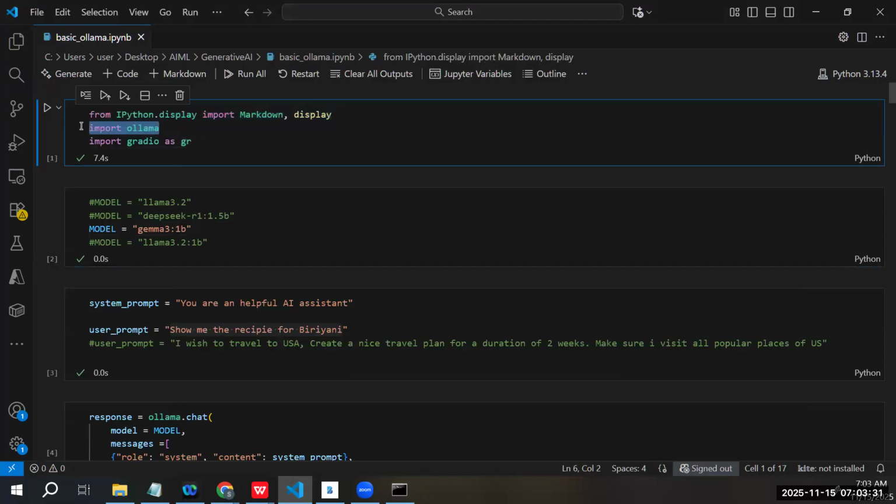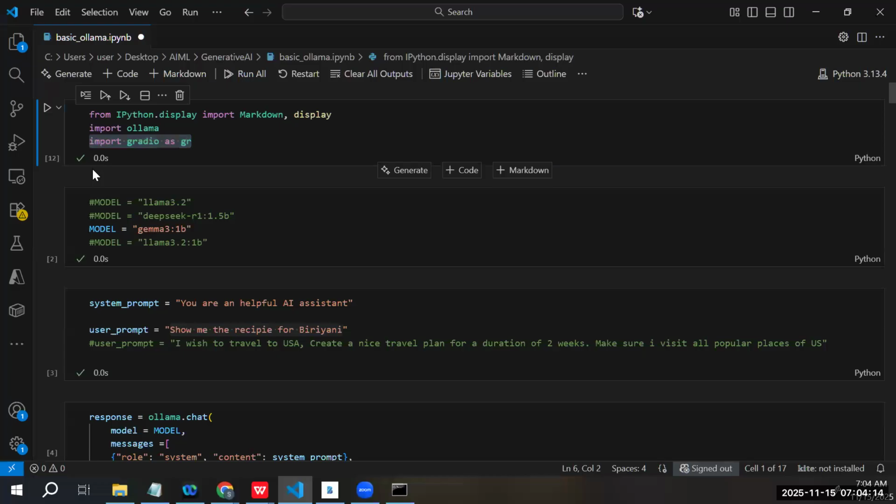I use the Ollama library for loading the model and invoking the model. We also use Ollama's chat function for actually calling the model. I'll show you that code, but that is used for Ollama. And there is another interesting library for creating a small UI. That library is called Gradio. And I can say import Gradio as GR. This is a shortcut for that. Okay, 3 libraries: one for displaying my message, second one for running my model, third one for creating a small little UI. If I click on this play button, it will take a few seconds, and